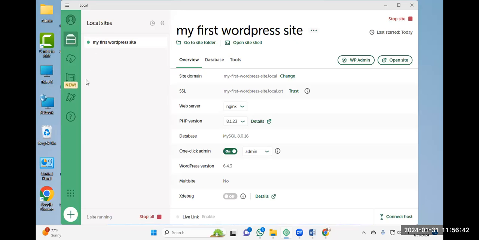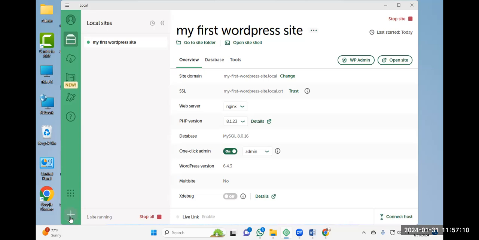So what you will be having here is the option to add a number of local sites. First I have added one, and just a simple domain name, whatever you take will be your domain, right? So my first WordPress site dot local.com it will become. The extension of this is local.com like that. I have taken my name as the domain.